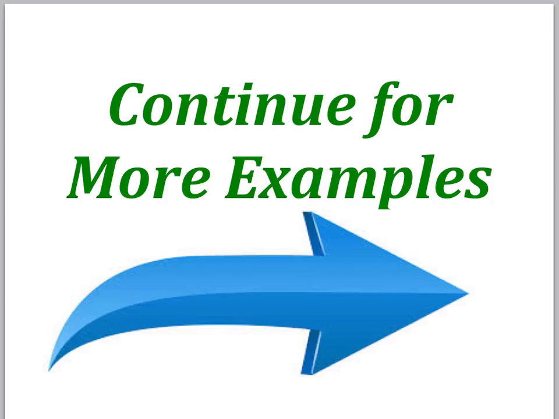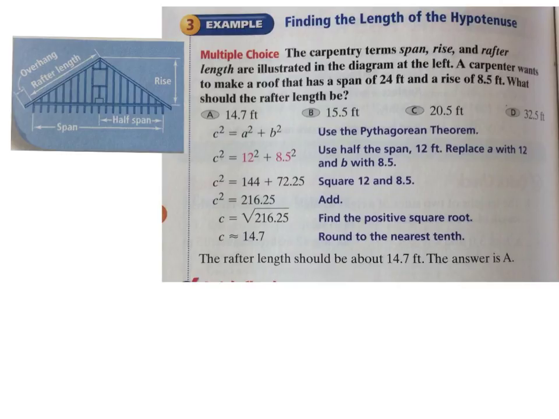Continue here for another example. So I think this problem gets a little convoluted here. I'm going to alter the picture a little bit for you. I'm going to draw a line down the middle here so we can see a right triangle over here. Alrighty, so taking a look, it says the carpentry terms span, rise, and rafter length are illustrated in the diagram